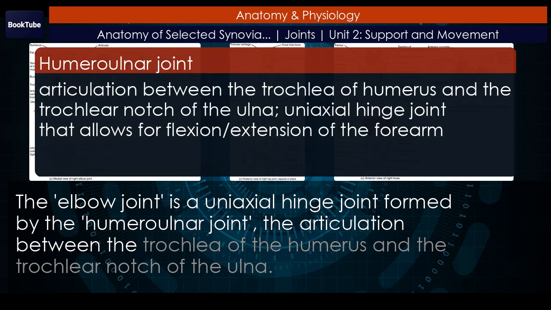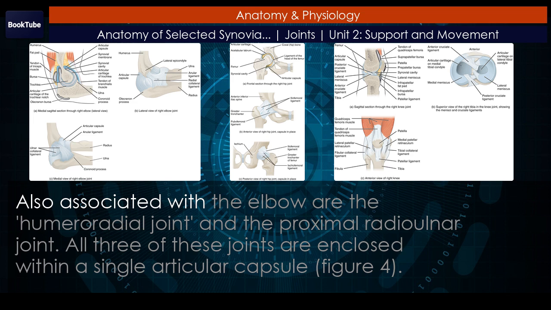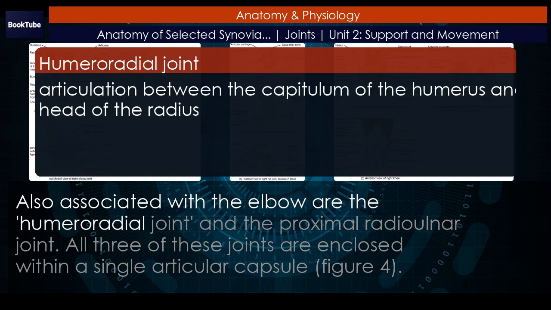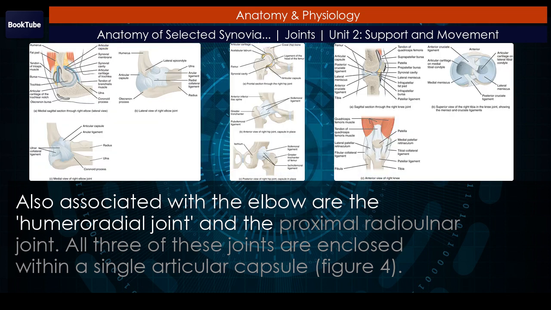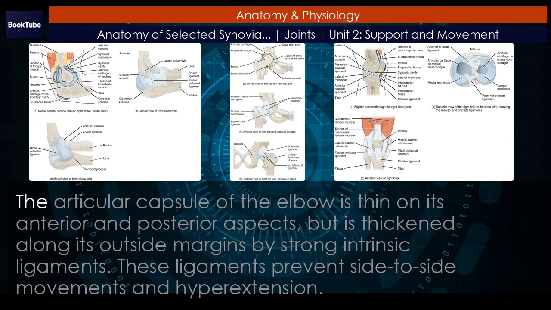The articulation between the trochlea of the humerus and the trochlear notch of the ulna. Also associated with the elbow are the humeroradial joint and the proximal radioulnar joint. All three of these joints are enclosed within a single articular capsule. Figure 4. The articular capsule of the elbow is thin on its anterior and posterior aspects, but is thickened along